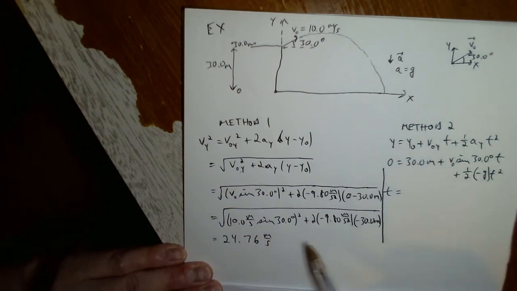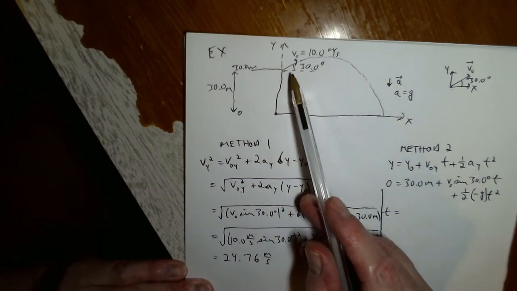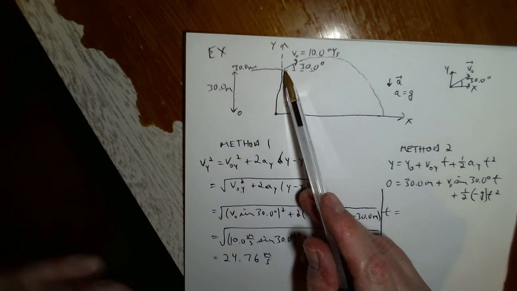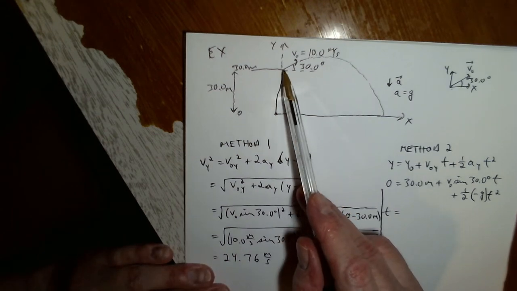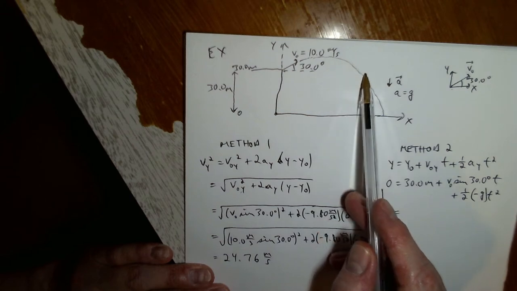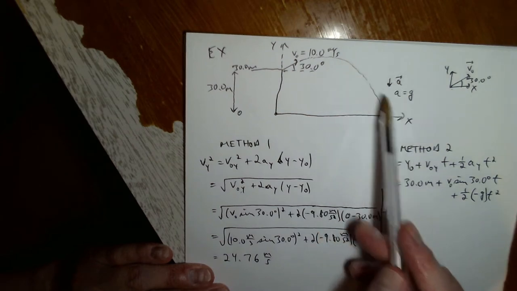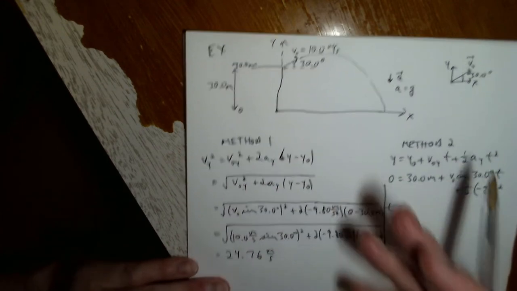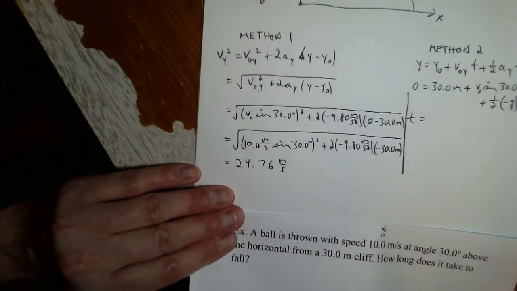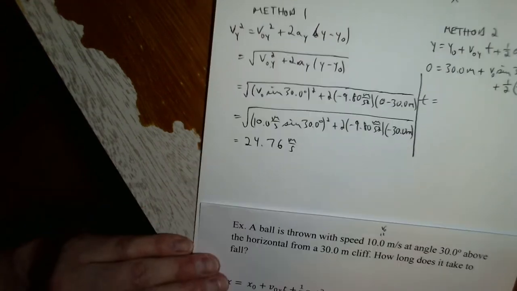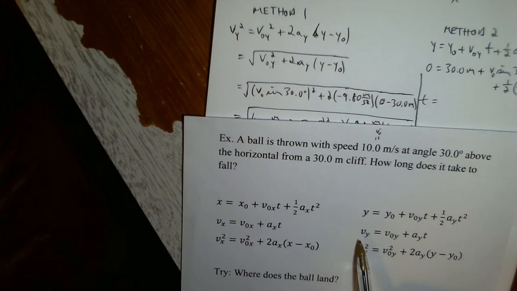So it's bigger in magnitude, which makes sense because the ball went up, but then it fell past where it started and continued to fall. So you'd expect the y component to have to be larger in magnitude at the end than at the beginning. So that's Vy, and then I have the simple equation, equation 2, that I can solve